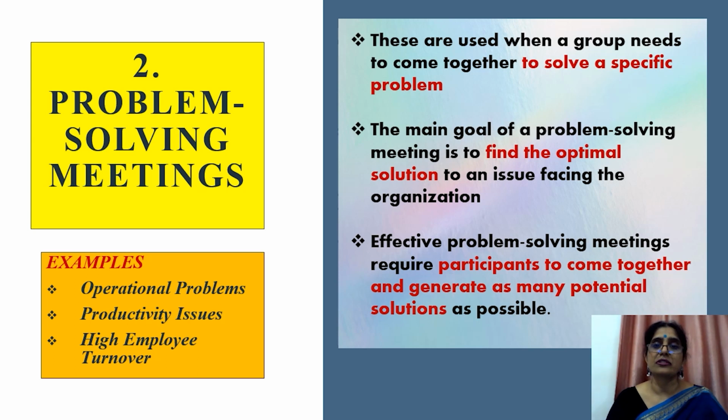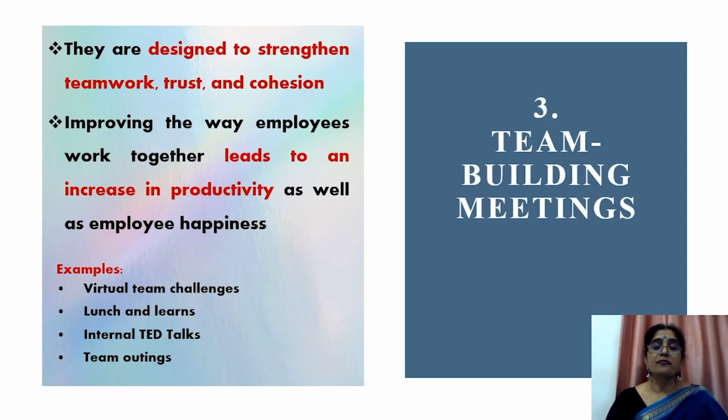इस तरह की मीटिंग में ये पता चलता है कि सब लोग मिलकर कैसे काम करें, और इसके एग्जाम्पल्स क्या हैं? When some operational problem is there, या फिर कोई प्रोडक्टिविटी इश्यूज आ गया, या एम्प्लॉय का टर्नओवर की बात करनी और उस टर्नओवर को कैसे बढ़ाना है, या किसी कारण से वो टर्नओवर कम हो रहा है, उसके लिए डिस्कस करने के लिए इस तरह की मीटिंग बुलाई जाती है। What type of meeting is team building meetings, and